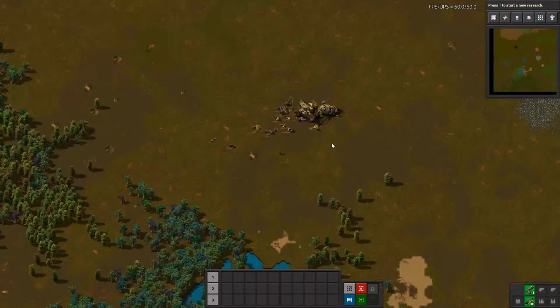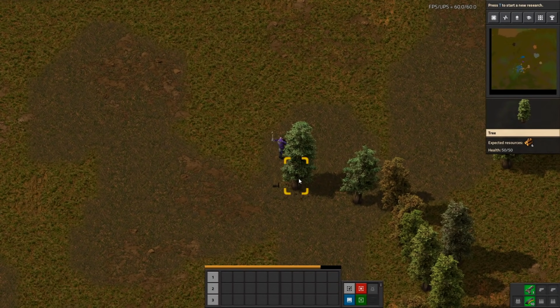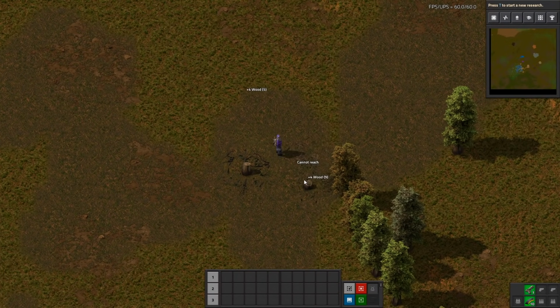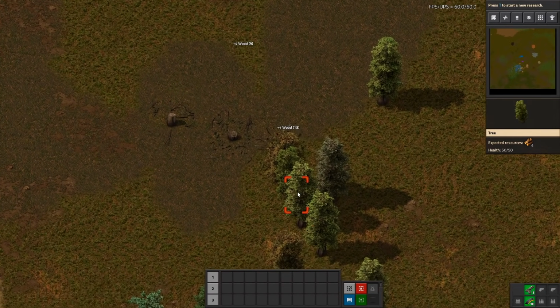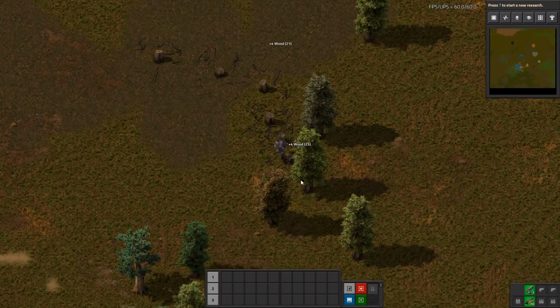Nope, that's too bad. Sometimes it's just really nice if you have some big stones, because they will contain some coal, and that'll get us started on our very first smelting. So let's chop down some trees, because trees are the true enemy in Factorio, and also they are pretty good